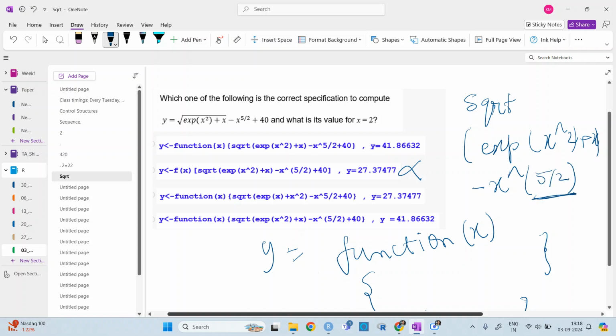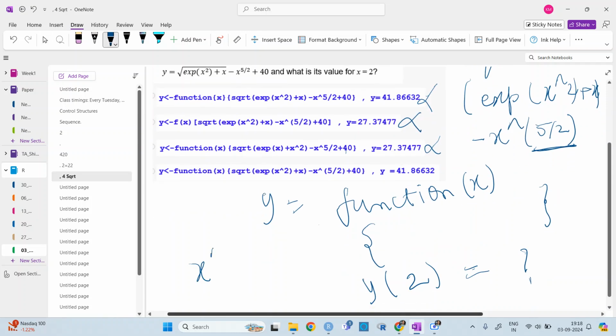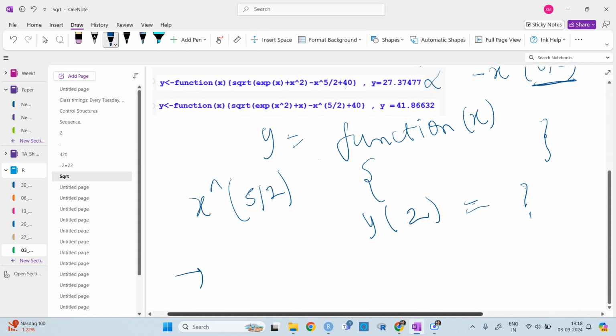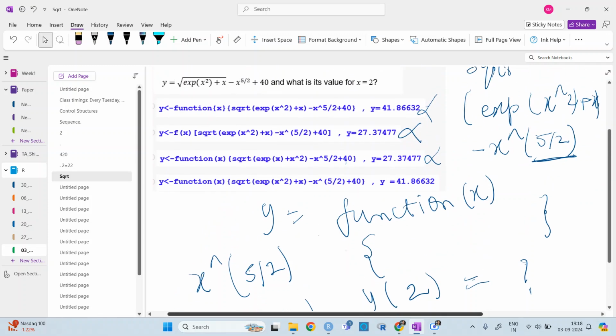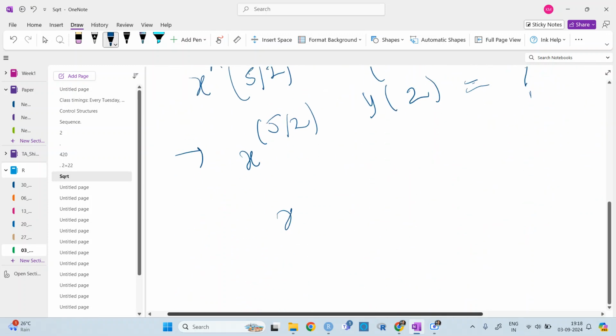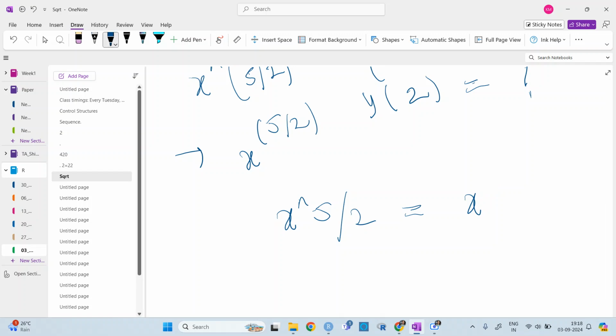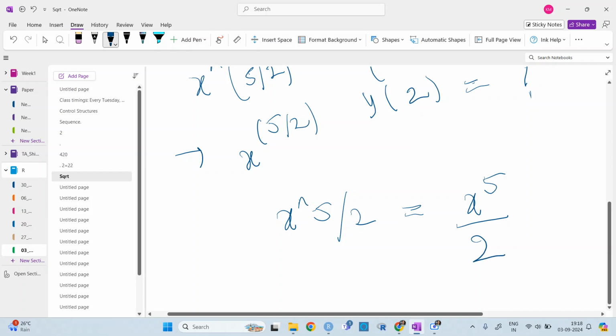In this and in this, it is not written in the bracket. If I write x to the power 5 by 2, it means x to the power 5 divided by 2.